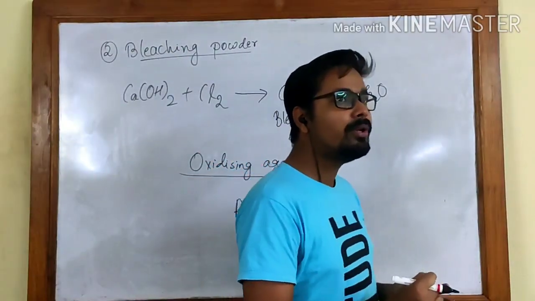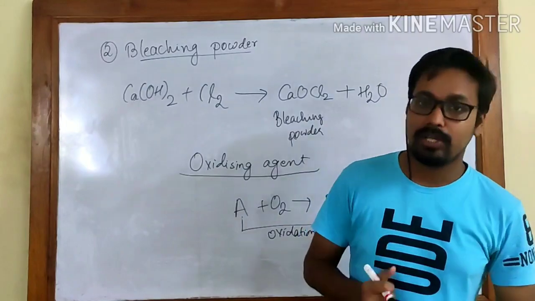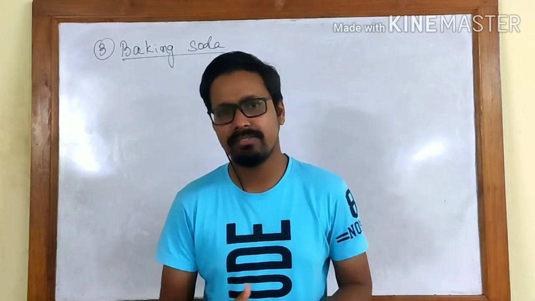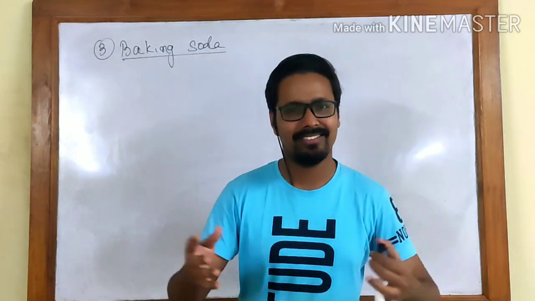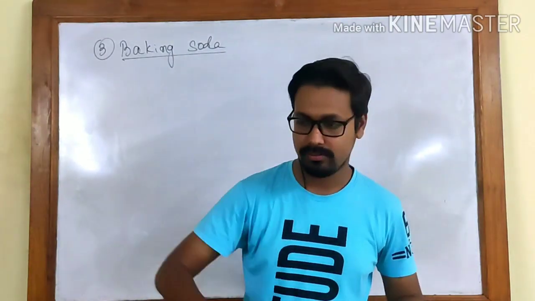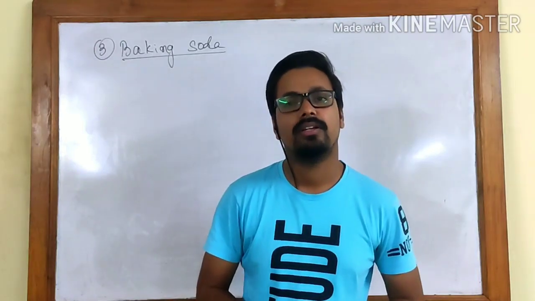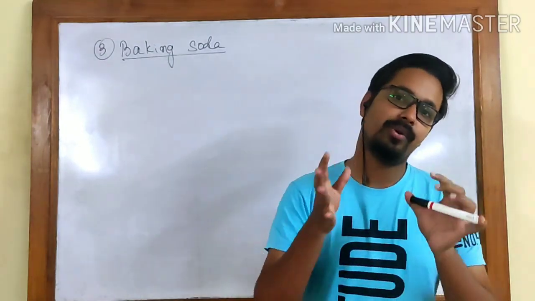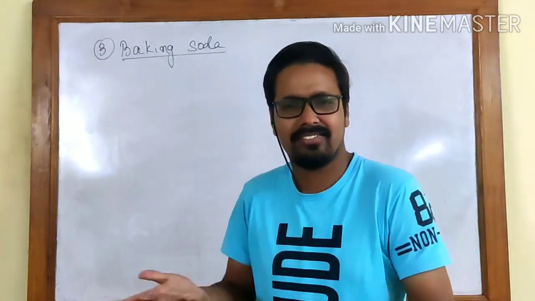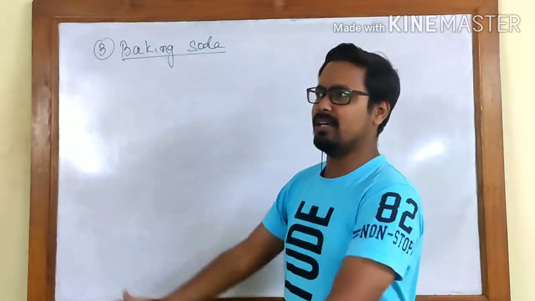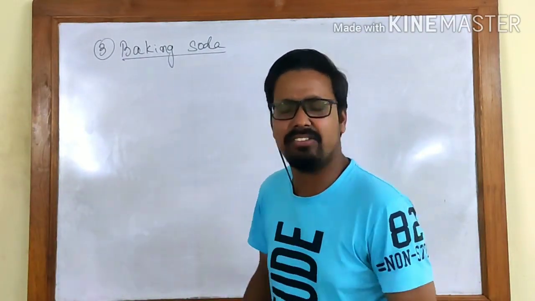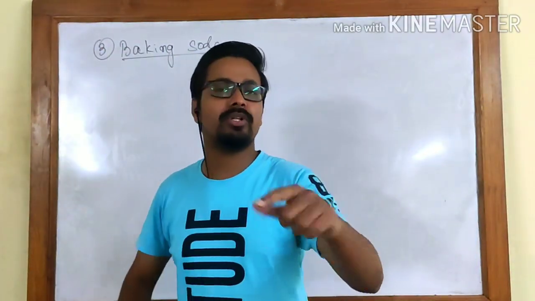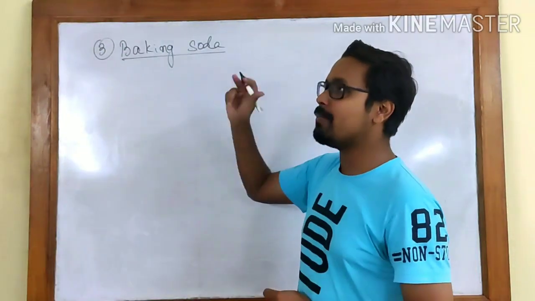The next one that we will be looking into is the baking soda. So let's see how baking soda is formed. Baking soda is a compound which is very commonly found in everyone's kitchen, and we use it for our crockery, for cooking, for baking anything, cakes or any other stuff, or bread. So this baking soda is actually the chemical compound that we studied earlier, the sodium hydrogen carbonate,